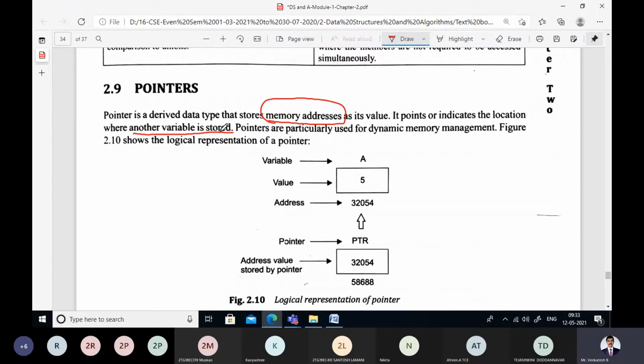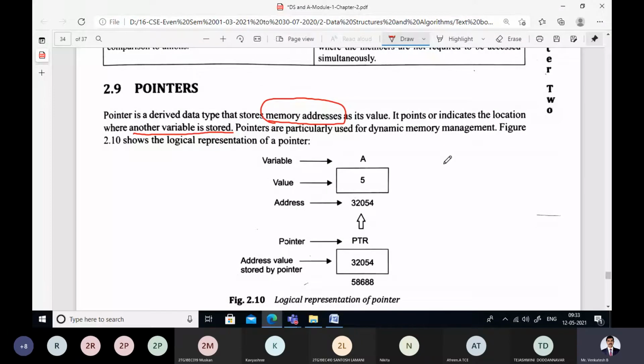If you remember, we have seen dynamic memory allocation functions like malloc, calloc, realloc, and free. These are the four basic dynamic memory allocation functions. There are two types of memory allocation: static memory allocation or dynamic memory allocation.